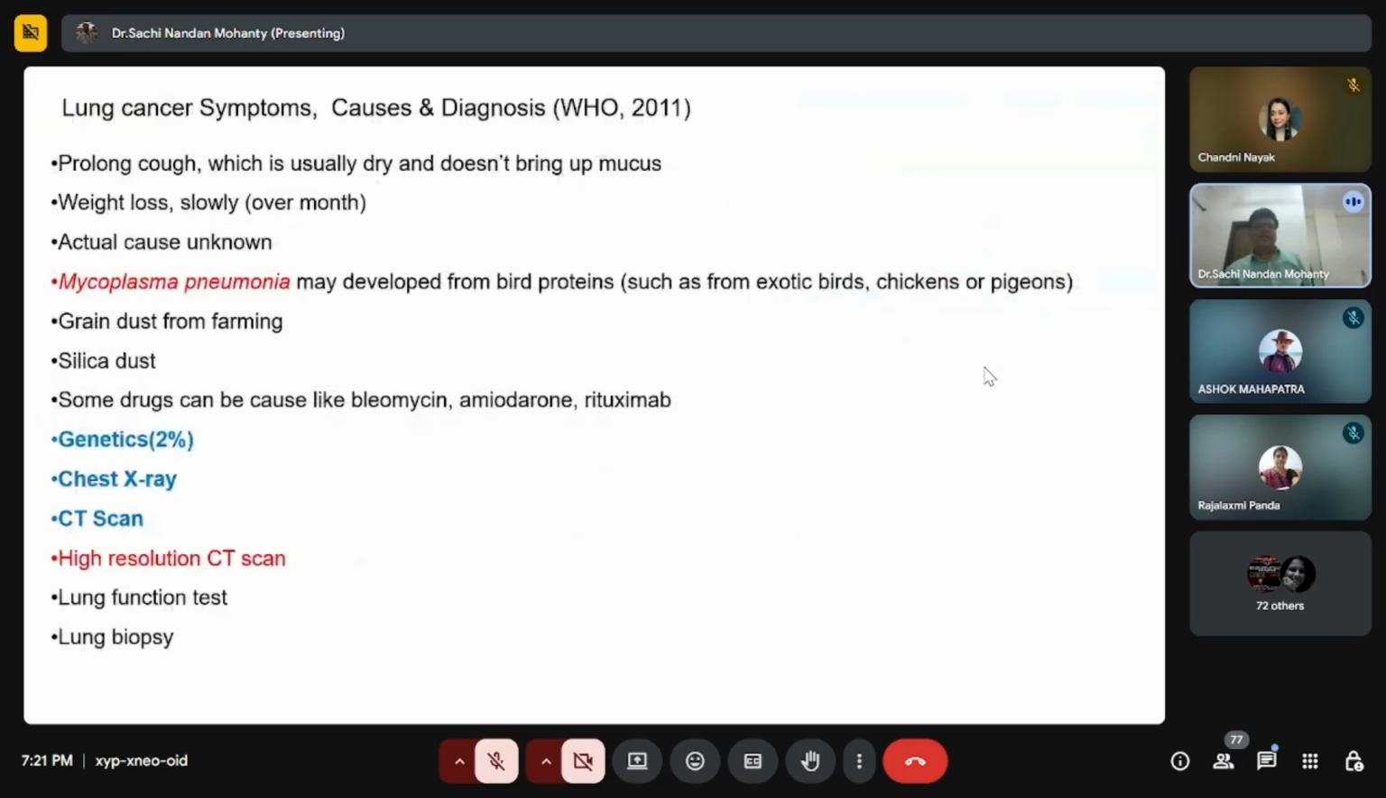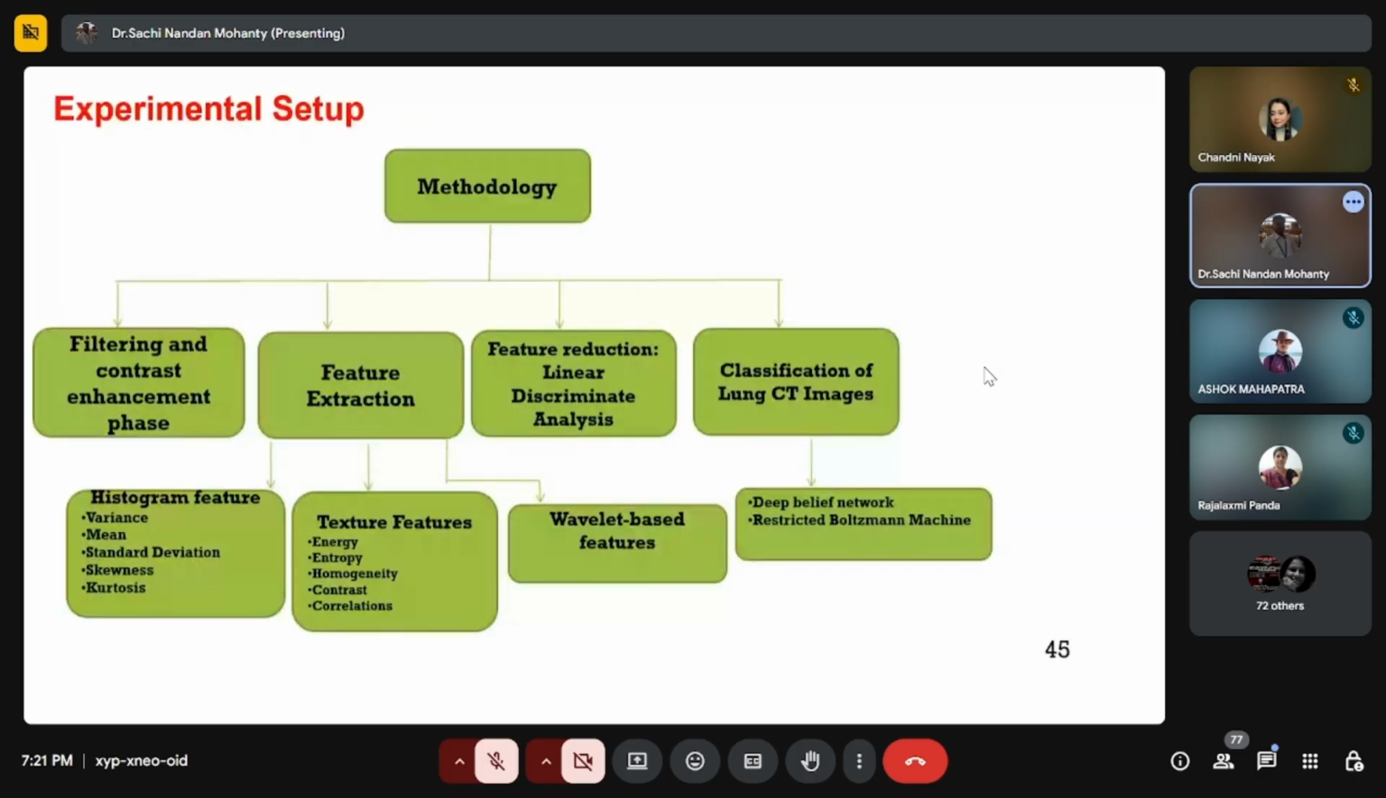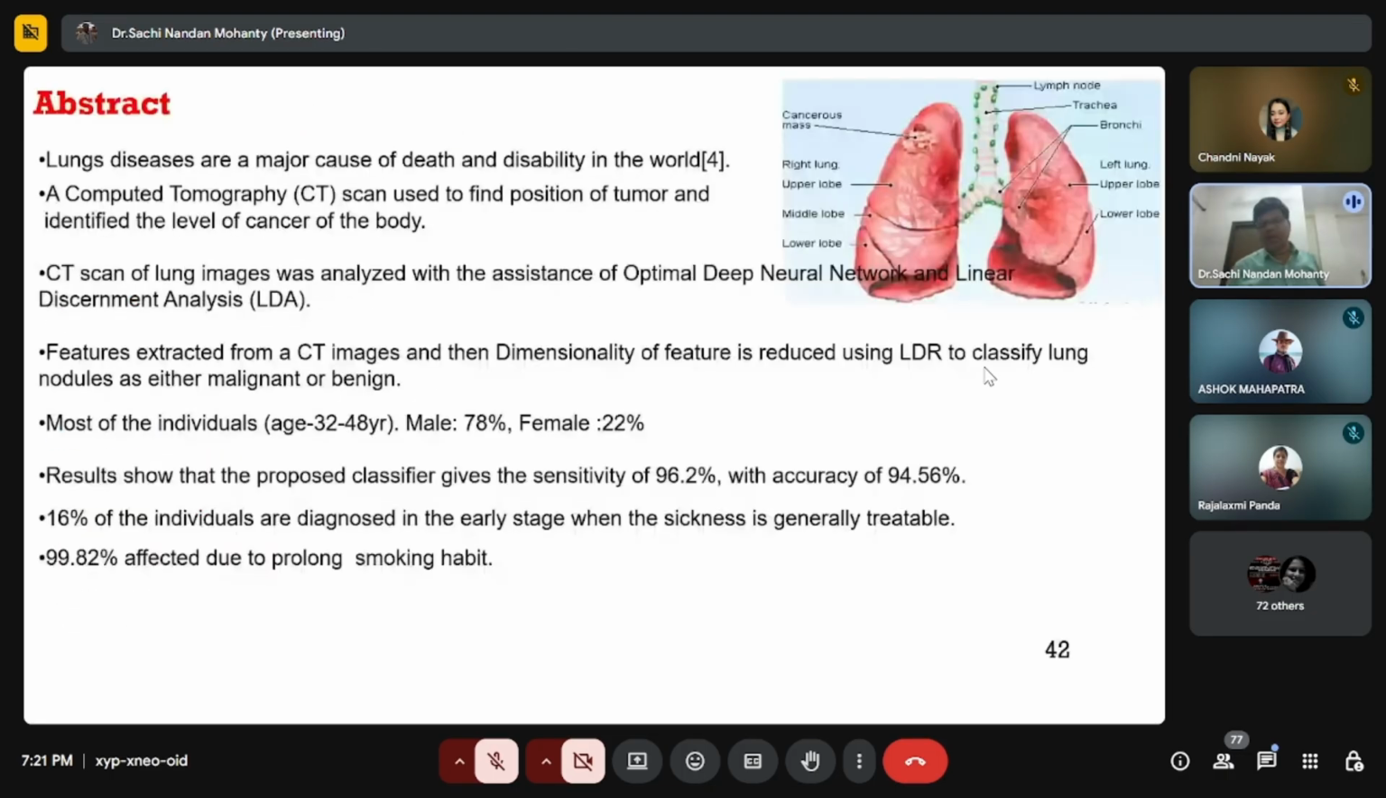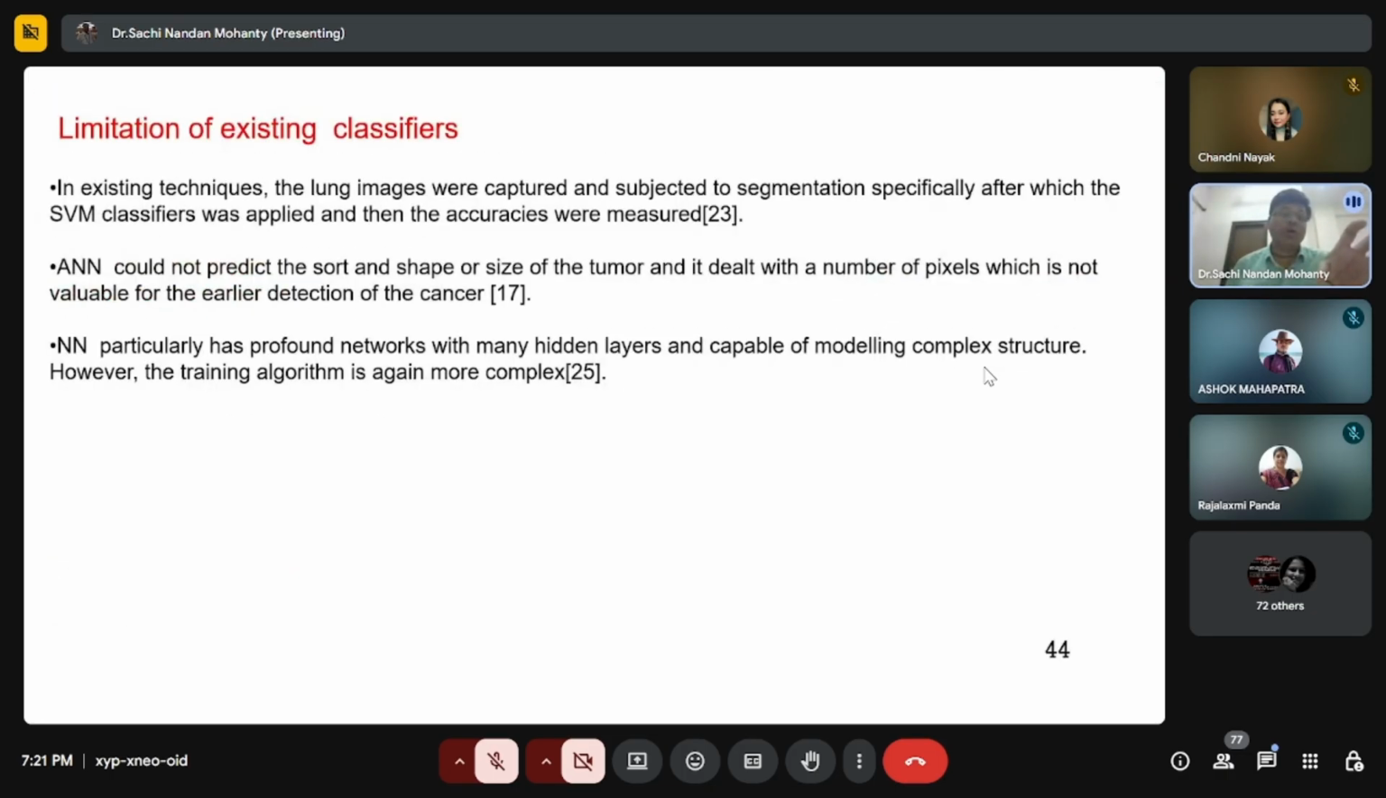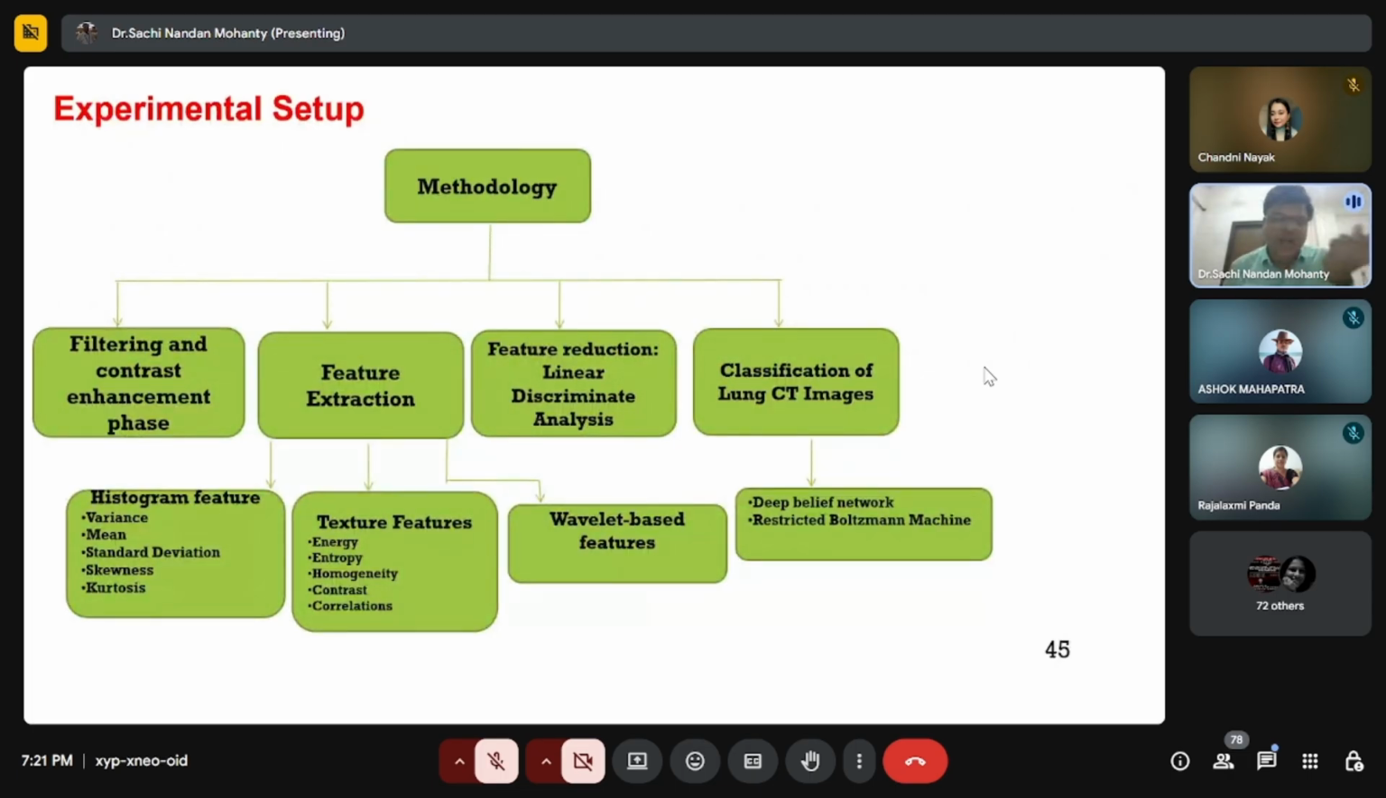Here the symptoms we need not discuss. So our data will tell us 94% accuracy on our model. So what is the novelty of our work? The novelty of our work is the experimental setup and methodology. So what we did,